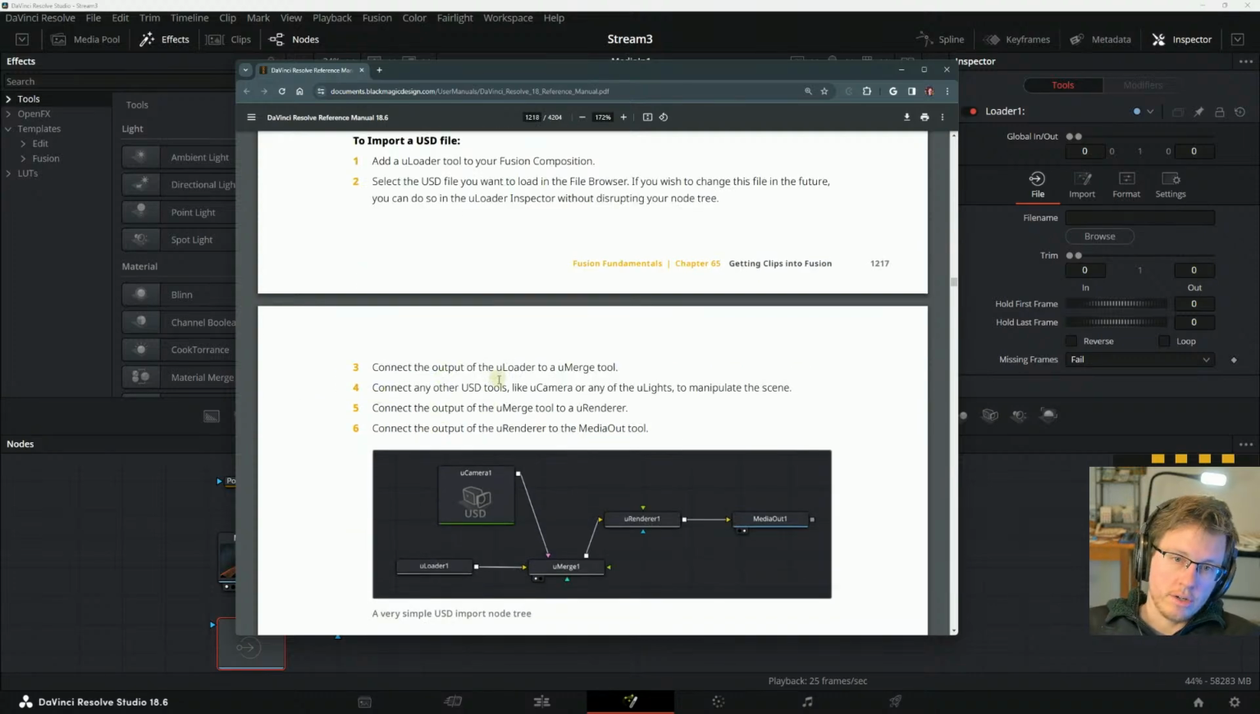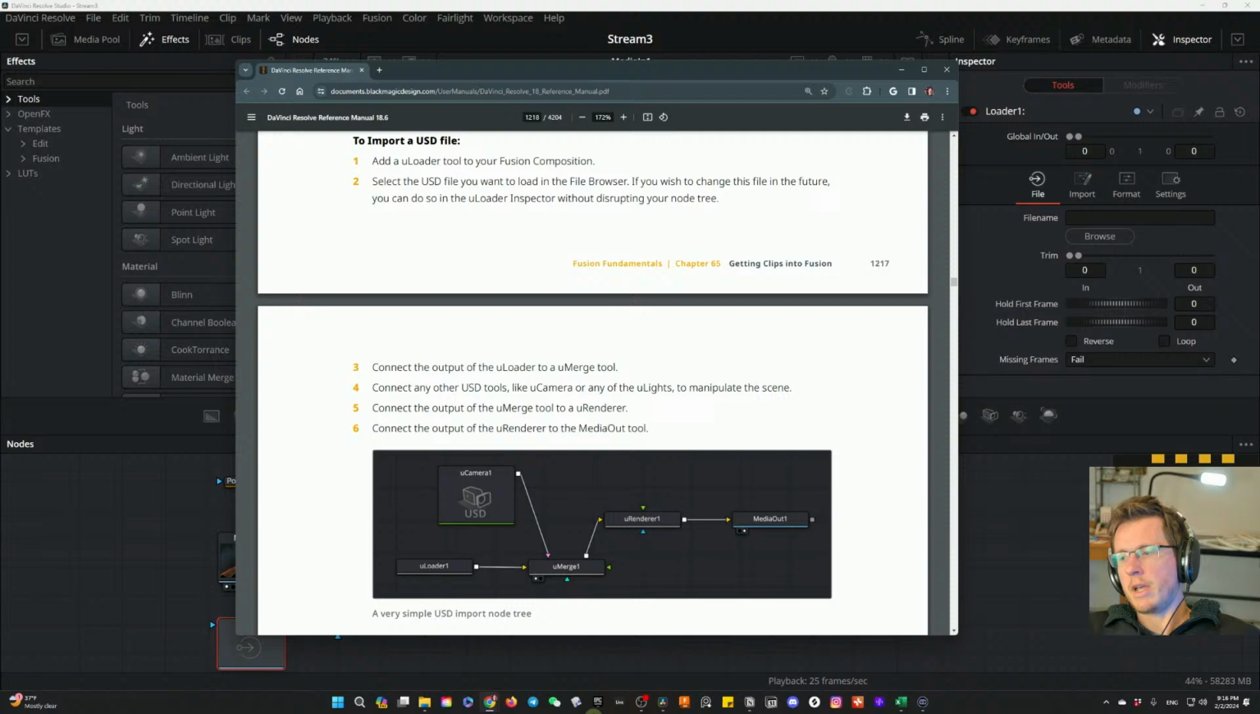Connect the output of the U loader to a U merge node. Connect any other USD tools like U camera, so you can add more cameras into a scene that you originally made in a different program, or any of the U lights to manipulate the scene. So you can add lights. So like if I make something,